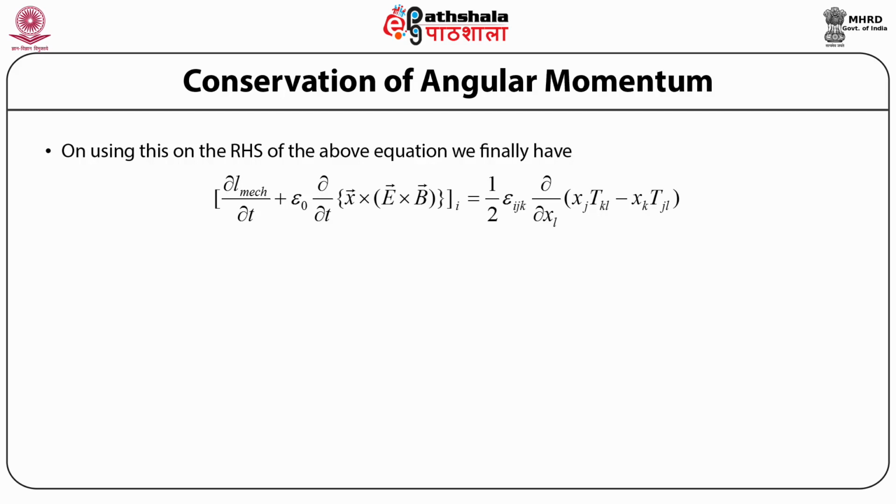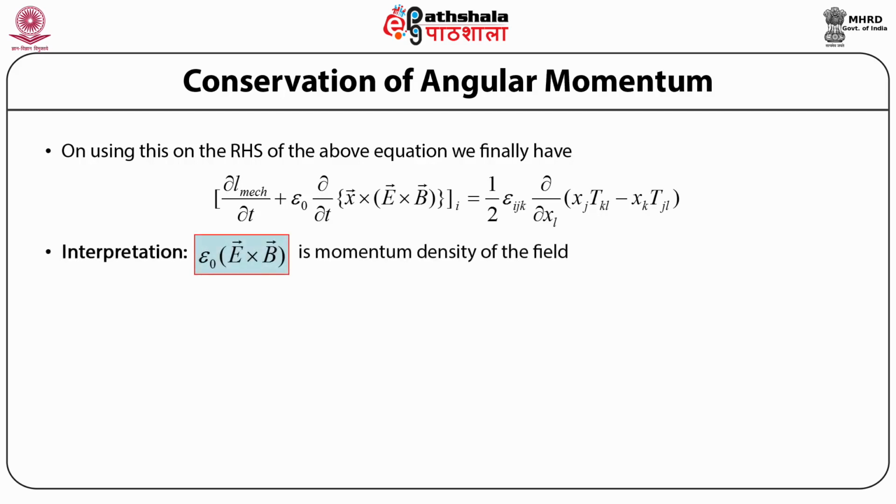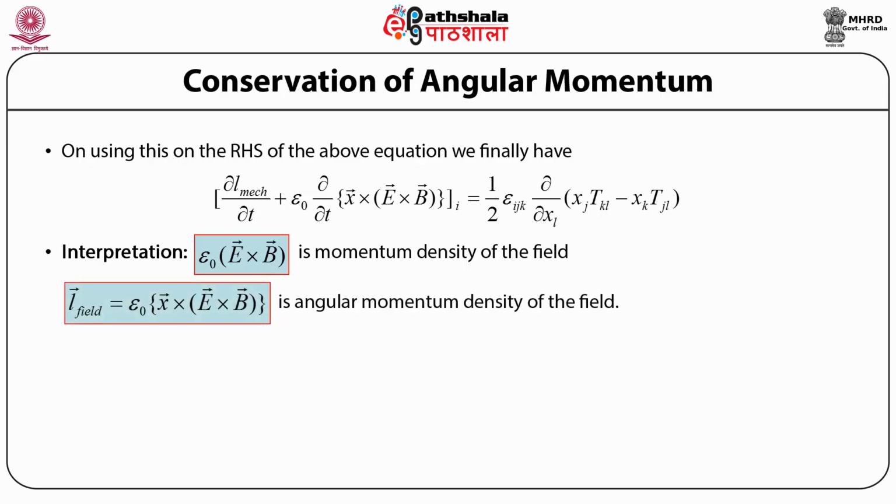Now let us look at the interpretation of this above expression. So we know that epsilon naught times the cross product of the electric field and the magnetic field induction vector B is the momentum density of the field, which we have also discussed in terms of the Poynting vector. Therefore, in that sense, the cross product of the position vector x with the cross product of the electric field E and the magnetic field induction vector B times epsilon naught is the angular momentum density of the field, which is denoted by the vector